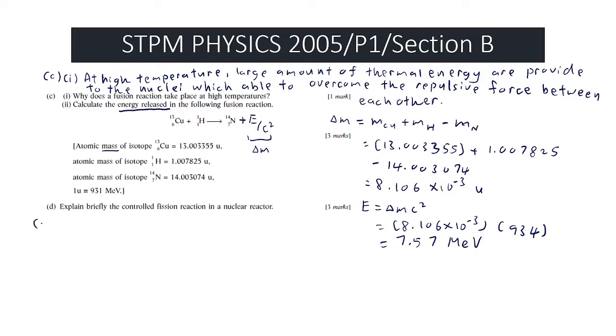Now D, explain briefly how to control the fusion reaction in the nuclear reactor. In the nuclear reactor, we have two key points. One is the moderator. In this case, we use water. You can also use graphite. In this case, I use water. Water is used as moderator